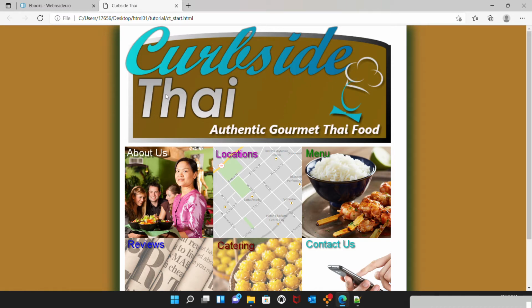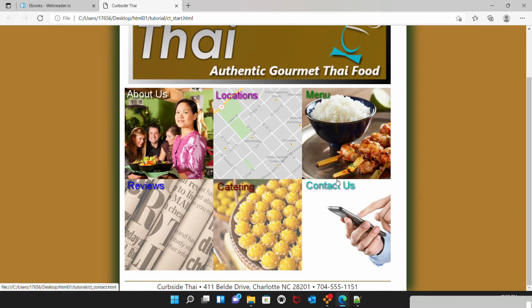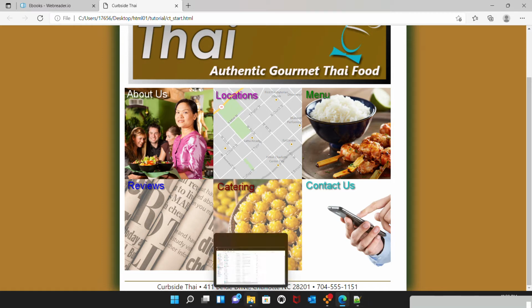First is the header, which is a picture of Curbside Thai, and the middle part is a navigation pane with a menu to other pages like about us, location, menu, contact us, catering, reviews, and the footer, which is the address of the restaurant. So first I'm going to